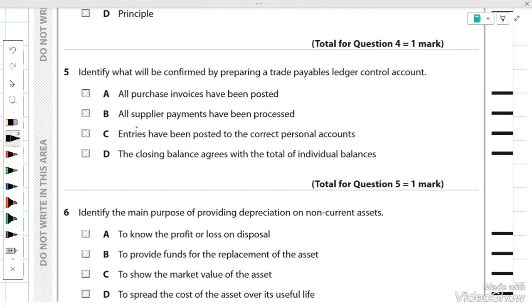So that is why this is also your wrong answer. And the closing balance agrees with the total of individual balances. Yes, basically